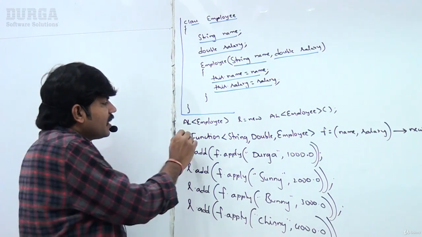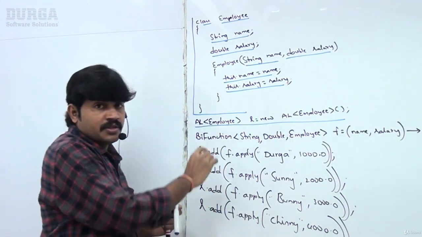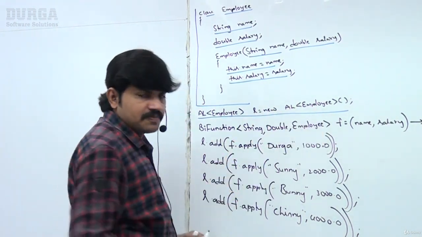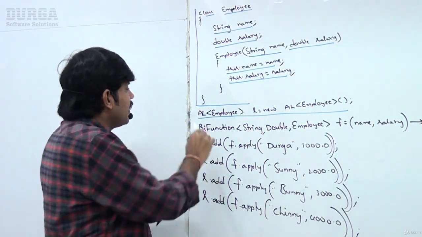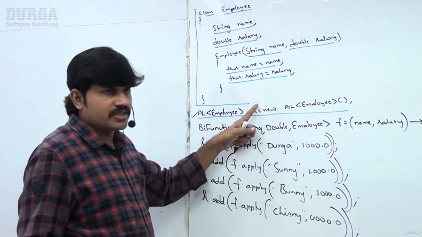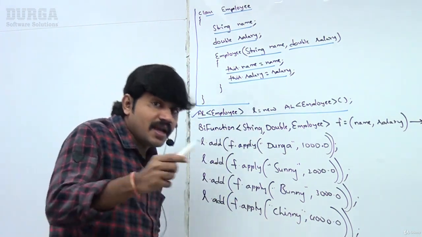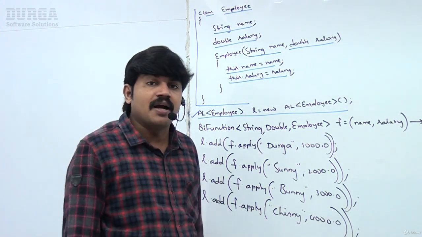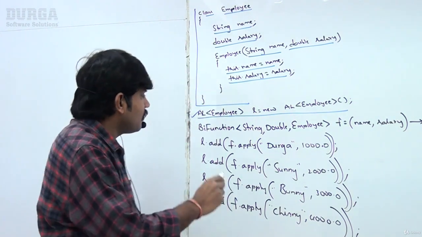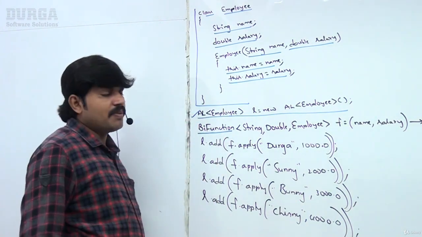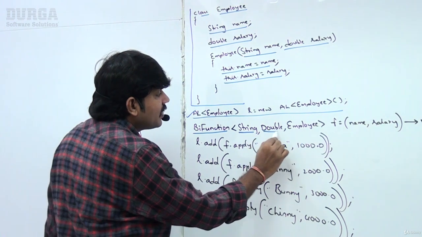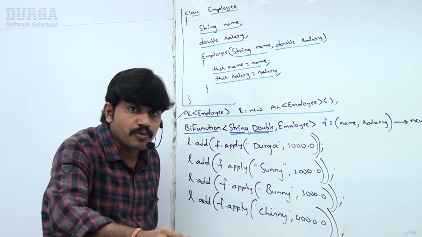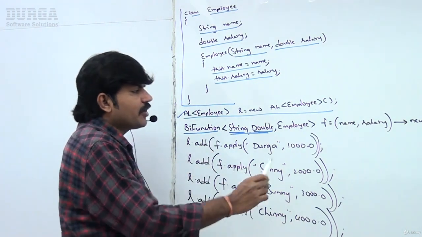So now I created one ArrayList object: ArrayList<Employee> l = new ArrayList<Employee>(). To hold employee objects, I created one ArrayList object, by using generics, you know. Next, to create employee objects, I don't want to use new Employee like that. I want to use BiFunction. Okay, observe, BiFunction. If I provide name and salary as the inputs,